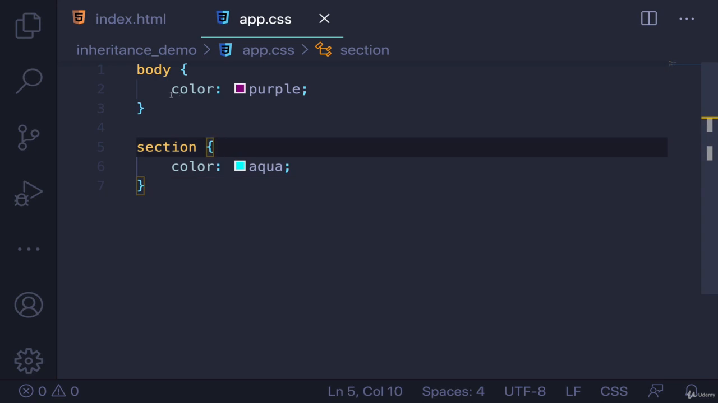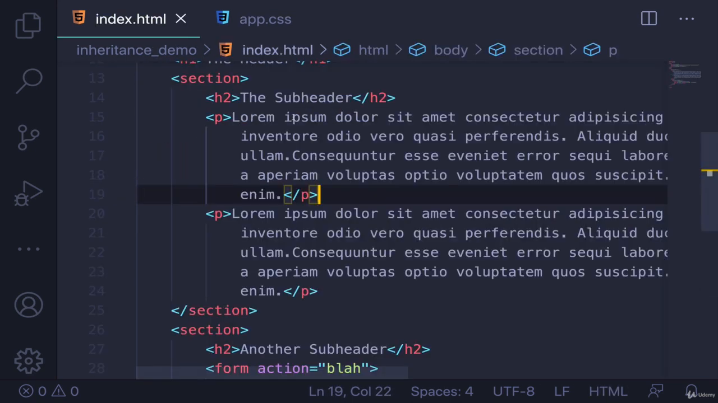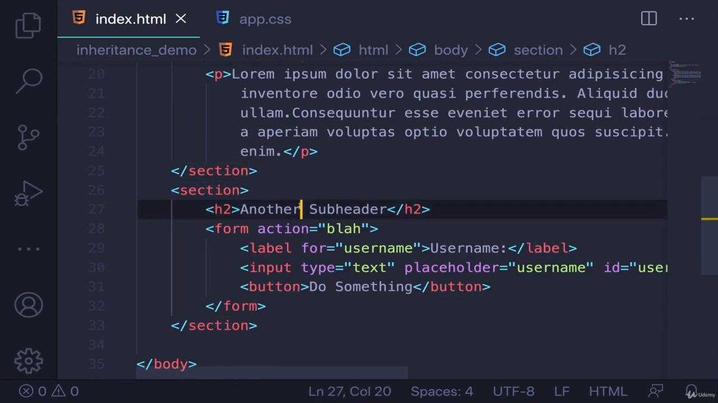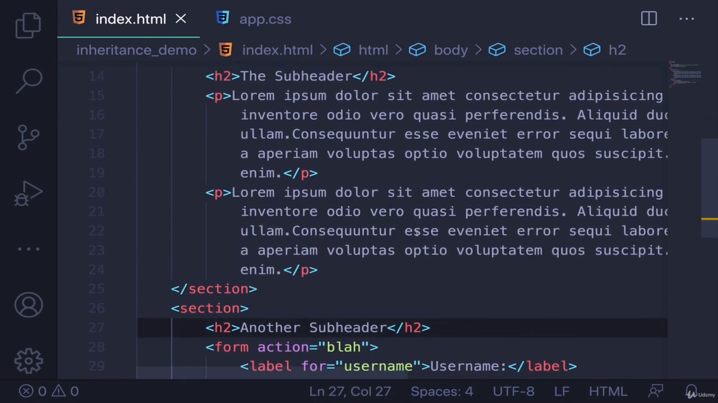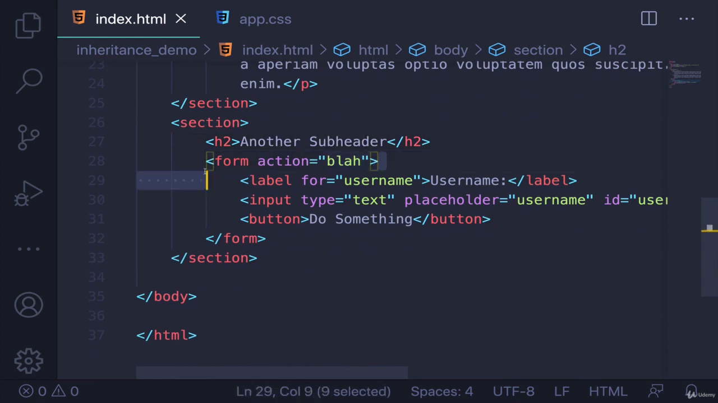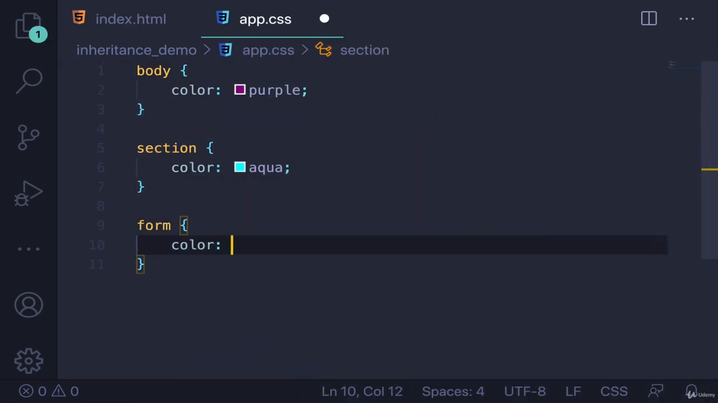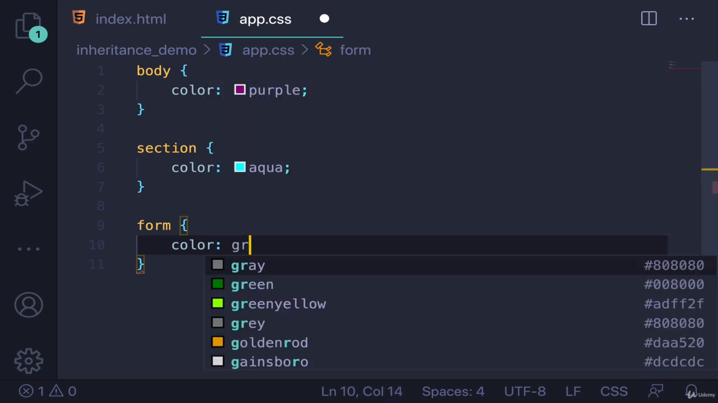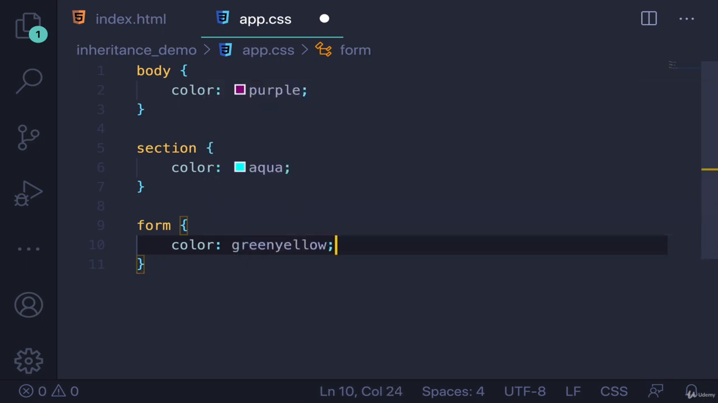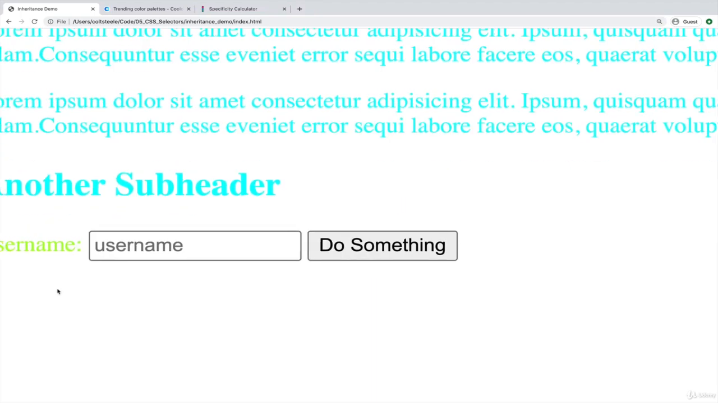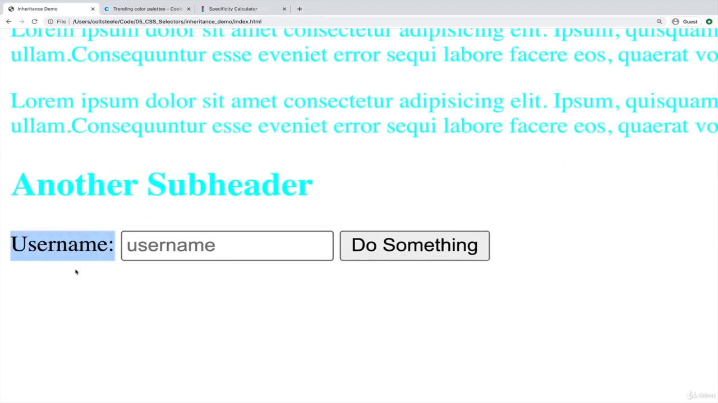So they could inherit purple from the body, but there's a closer element, the section here, and this section has a color set on it. So I could do one more level, right? I could set this form to have a color. Form color will be, how about a green color? Like green, yellow, sure. And I'm going to refresh, and you'll see that this label does inherit that color,